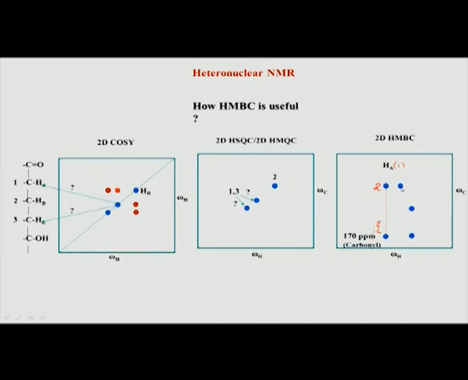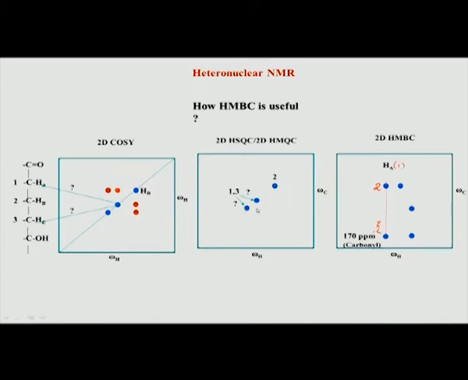The second one here does not give me any correlation to the carbonyl, but it gives me a correlation to 2, which is expected for C. If you look at C, it is expected to give a correlation to B, that is, to this second carbon, but it is not expected to give a correlation to the carbonyl, which is very far away, 4 bonds away. Now, coming back to the last line, this is nothing but B, and B should give me a correlation to the carbonyl, and it should give a correlation to both A and C, but remember both A and C are very close.